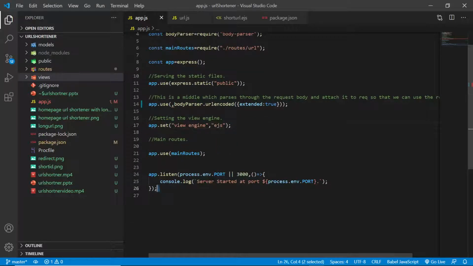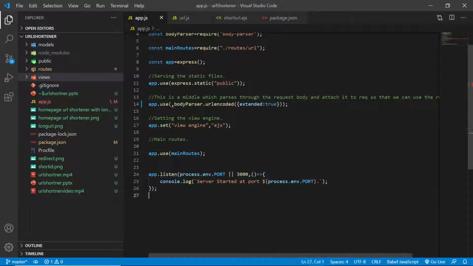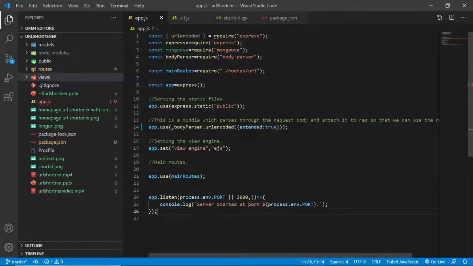And this is where app.listen. We have to listen at some port in order to receive the request, right? So using app.listen, we are setting it to be 3000. We can set it to 3000, or any available port. If you are deploying, we can set it to any available port. We just console log "server started" at that particular port, right? Now this is all about the app.js.